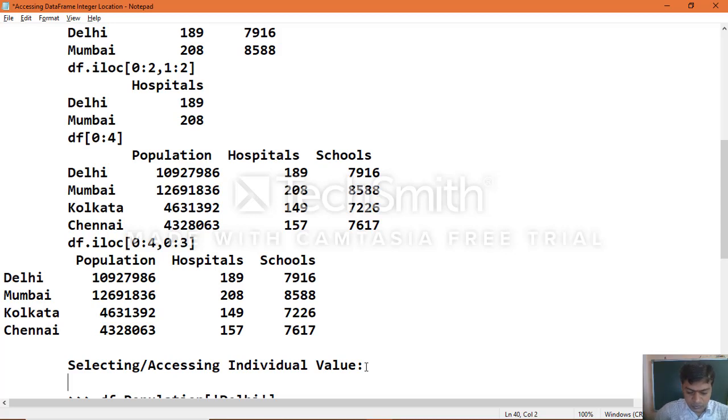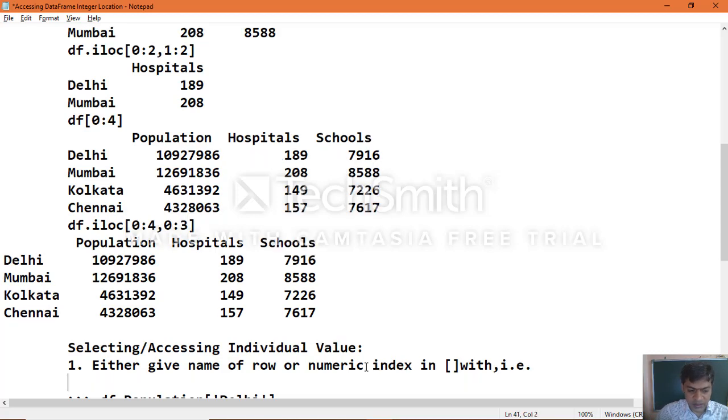First method: either give the name of the row or the numeric index in square brackets along with it. See the syntax of how you can use it.